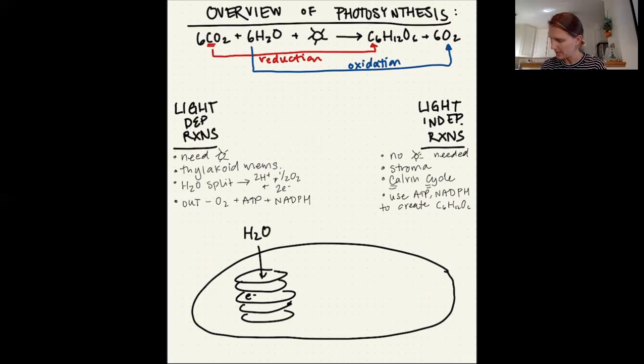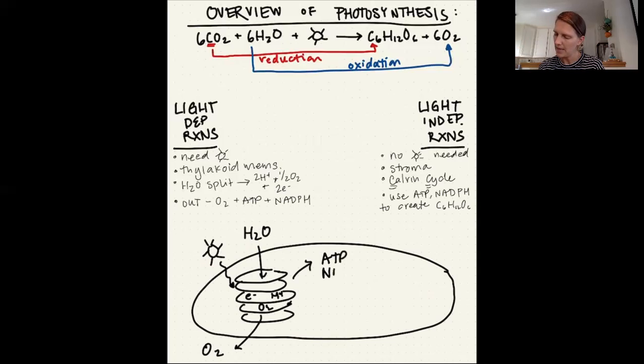When water splits, you're going to get electrons, some hydrogens, and oxygen. That oxygen is going to leave as a gas, as a waste product, and we're going to see sunlight go in and hit those electrons to energize them, to move them around so that we can generate